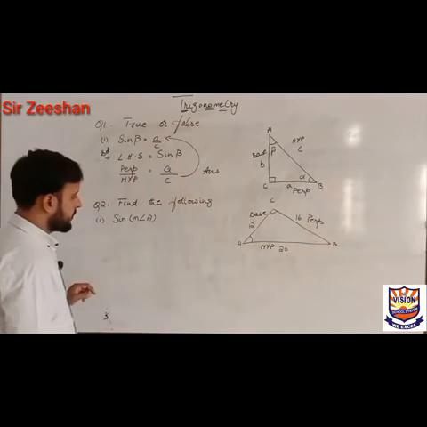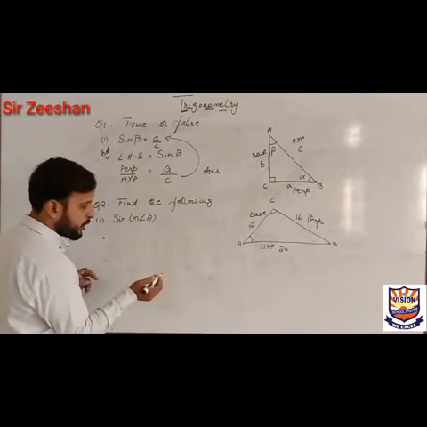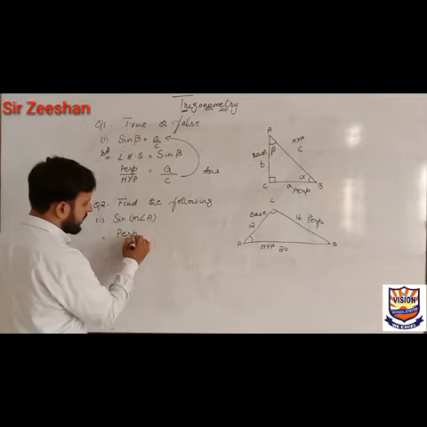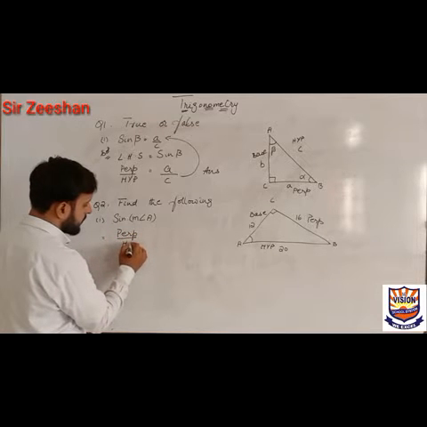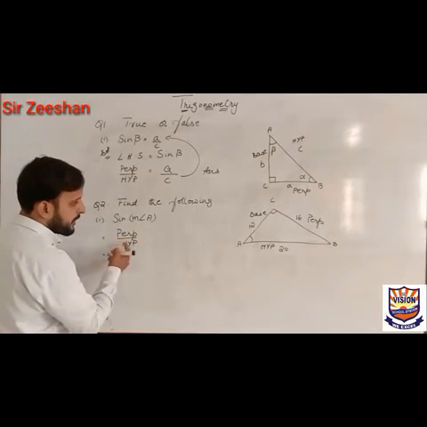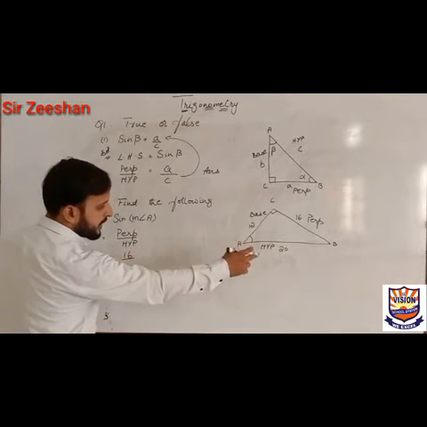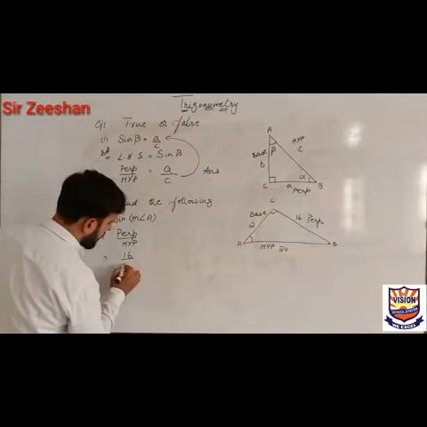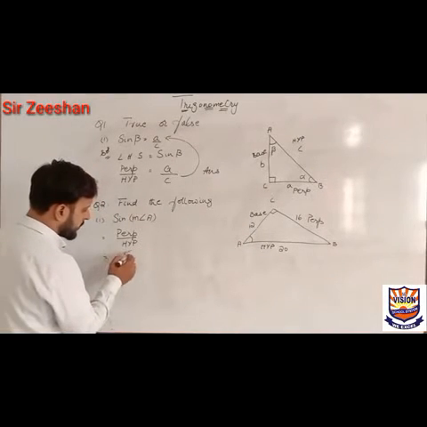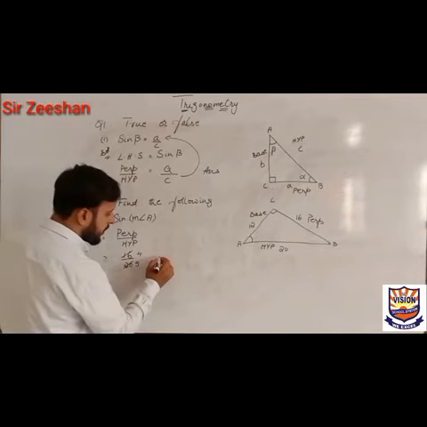Okay, so let's move towards that. According to this one, what do we have to do? We'll write the formula of sine, that is perpendicular upon hypotenuse. Then what is the value of perpendicular? That is 16. And what is the value of hypotenuse? That is 20. After that, can we cancel it with a common table? Yes, for sure. 4 fours are 16, and 4 fives are 20, and your answer is